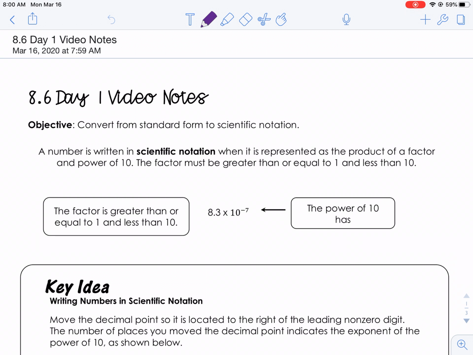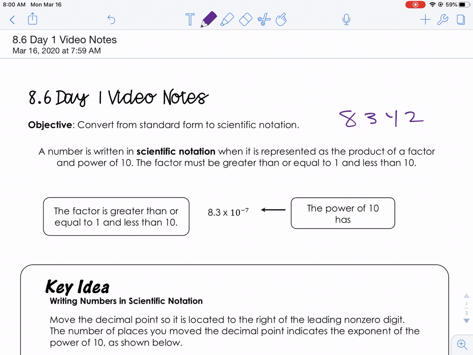All right, in this video we're doing the 8.6 day 1 notes. The objective here is to convert between standard form and scientific notation. Standard form is just a number written like we normally know, so something like 8,342. That's your standard form. A number is written in scientific notation when it's represented as the product of a factor